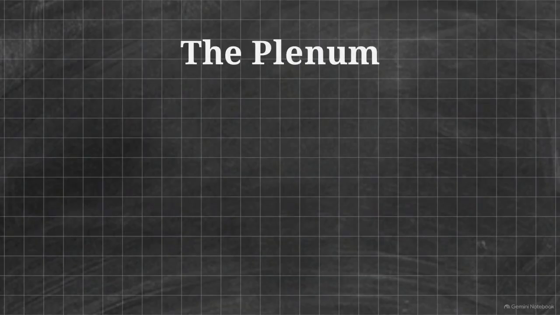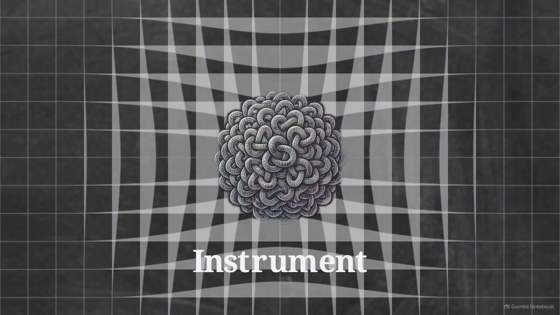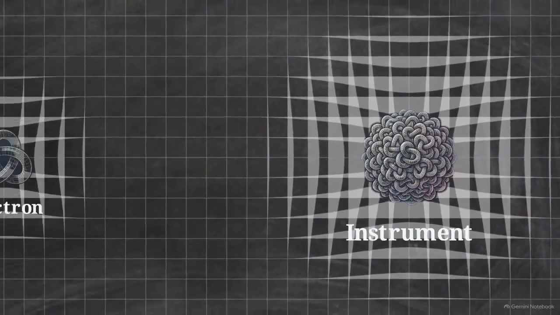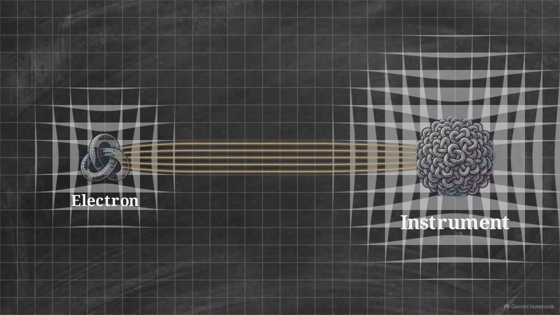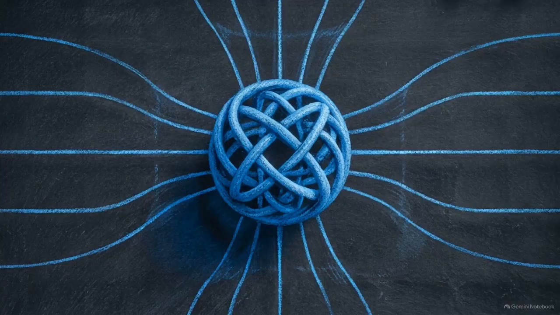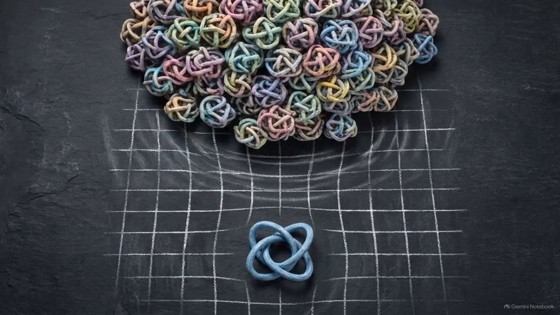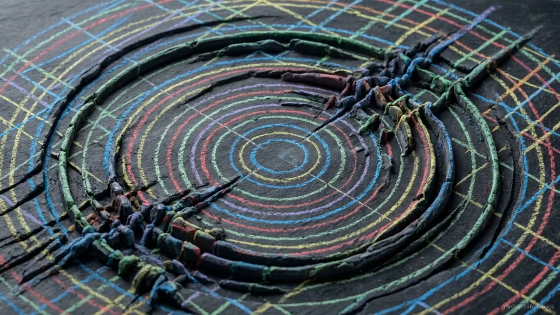The Elastic Continuum Theory replaces the vacuum with the plenum, a solid elastic substrate. Particles are topological solitons, knotted lattice deformations. An electron is a single knot. The observing equipment is a massive cluster. Both share the exact same material. An external observer is impossible. Target, instrument, and observer share the same continuous medium. Measurement cannot occur from the outside. It is an entirely internal interaction.